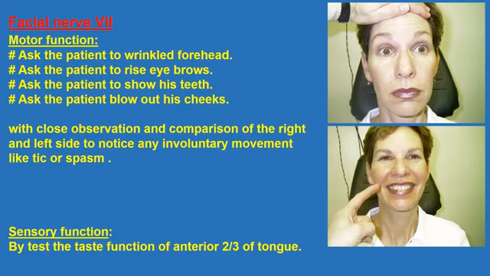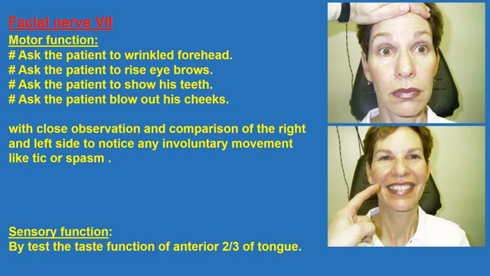Examination of the facial nerve. The facial nerve is a mixed nerve. That means it has a sensory branch and a motor branch. The motor branches supply nearly all the muscles of facial expression. So during examination of the motor function of this nerve, we ask the patient to wrinkle his forehead and raise his eyebrows, as we see in the upper photo,